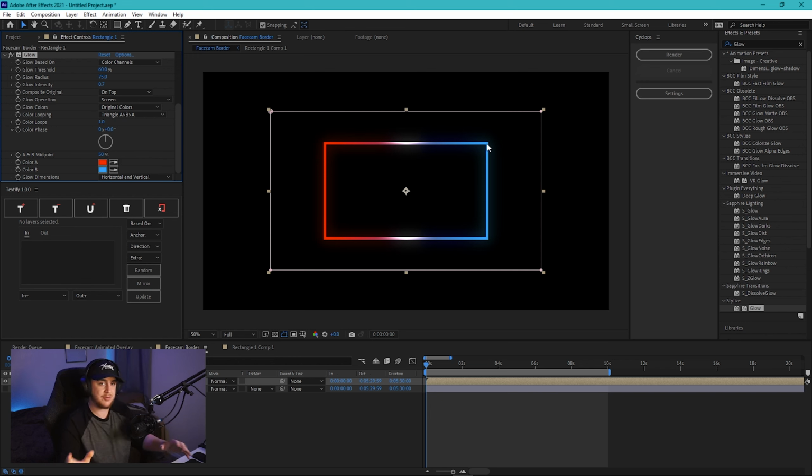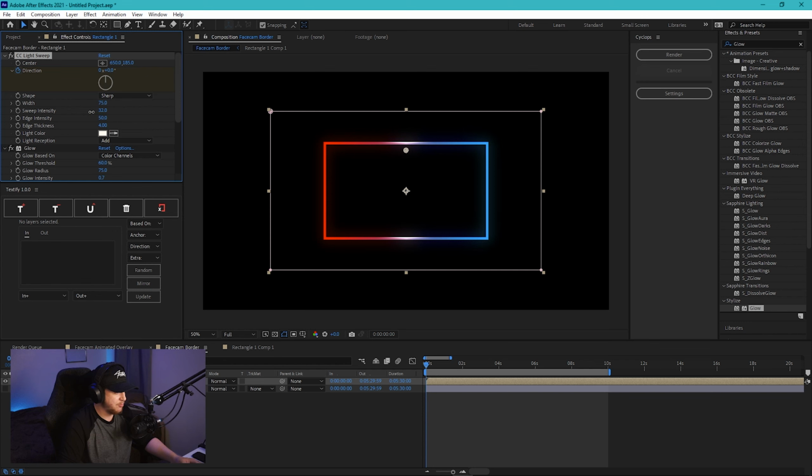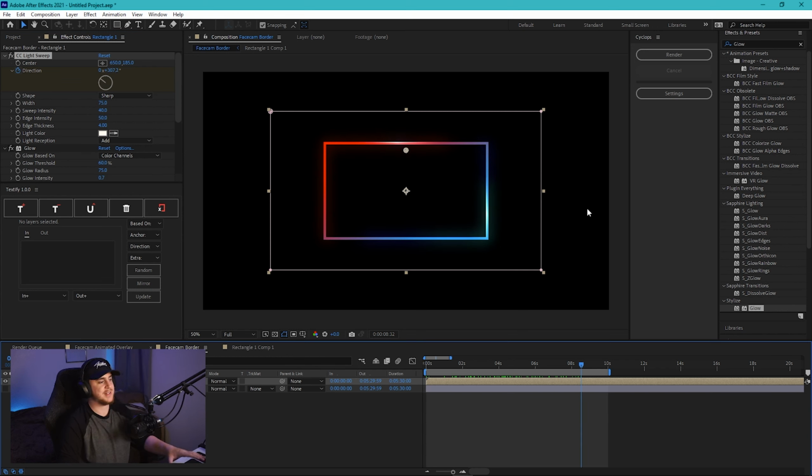What this will do is color pick the two colors that are the most prominent in the face cam, and it will make them more prominent and bright. And as you guys can see, you have successfully incorporated a glow effect onto your webcam. Now from here on, this is what I like to call the tweaking phase, which is where you go back and tweak all sorts of settings to make your webcam look good. In this case, I'm going to go to my light sweep and click the sweep intensity and make that a little bit lower, probably around 40 compared to 65. And from there on, we have officially completed the face cam.